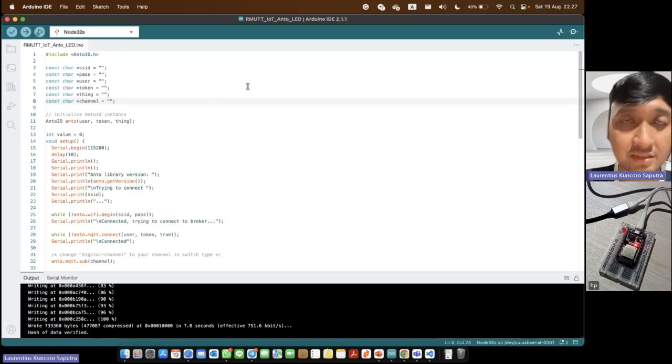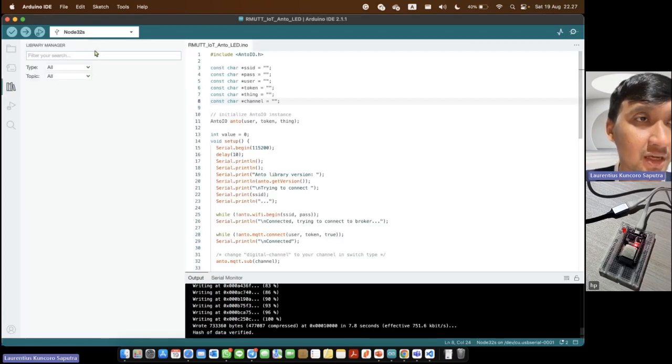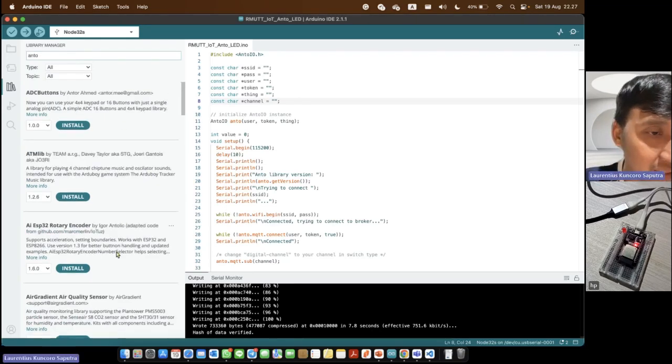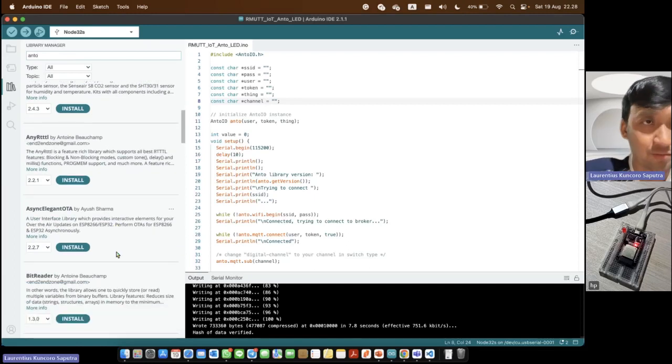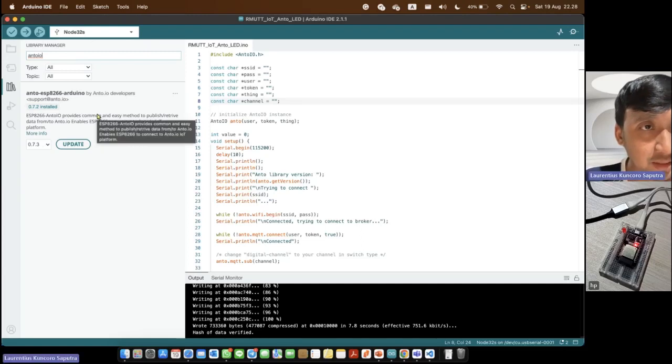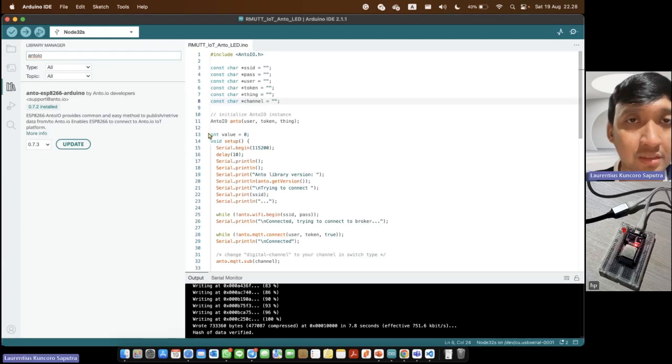In this Arduino IDE, we should add the library for Anto. We can search Anto here and find Anto IO. This one, Anto IO Arduino. Anto IO Arduino provides a common and easy method to publish or retrieve data from or to Anto IO.